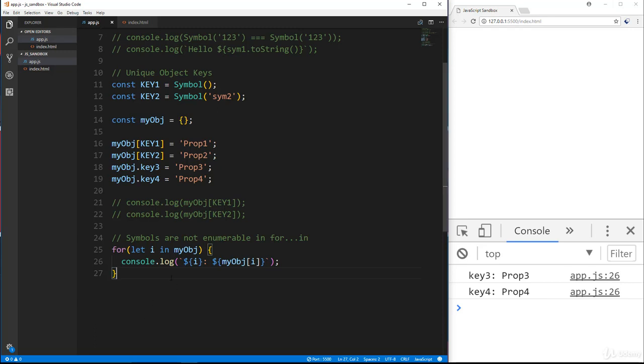Another thing is that symbols are ignored when using JSON.stringify. Now JSON.stringify takes a JavaScript object literal and turns it into a JSON string. So let me give you an example. First of all, I'm going to put a comment here that says symbols are ignored by JSON.stringify. So we'll say console.log,